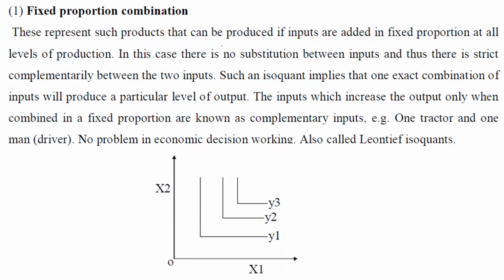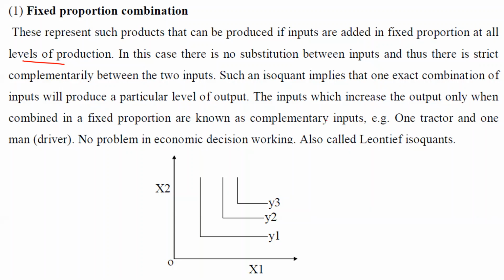This represents such products that can be produced if inputs are added in fixed proportion at all level of production. जो भी प्रोडक्शन लेवल है उसमें फिक्स प्रोपोर्शन में ही उसे इनपुट्स लगेंगे तो उसे हम फिक्स प्रोपोर्शन कॉम्बिनेशन कहते हैं. In this case there is no substitution between the input and thus there is strict complementarity, that is two inputs are complement relationship is seen in the two inputs, and such isoquants implies that one exact combination of input will produce particular